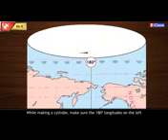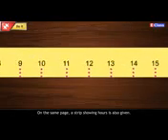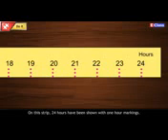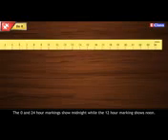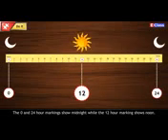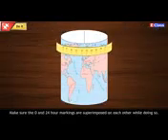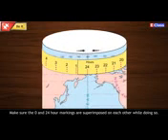While making a cylinder, make sure the 180-degree longitudes on the left and the right sides are superimposed on each other. Keep in mind that the longitudinal interval is 15 degrees each in this map. On the same page, a strip showing hours is also given. On this strip, 24 hours have been shown with 1 hour markings. The 0 to 24 hour markings show midnight, while the 12-hour marking shows noon. Cut this strip too and make a cylinder out of it. Make sure the 0 and 24-hour markings are superimposed on each other while doing so.